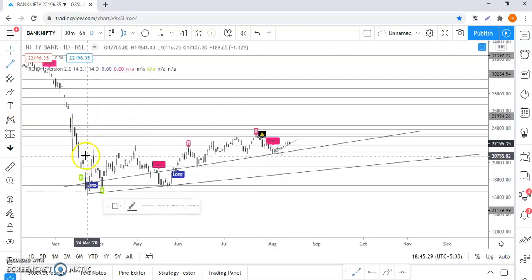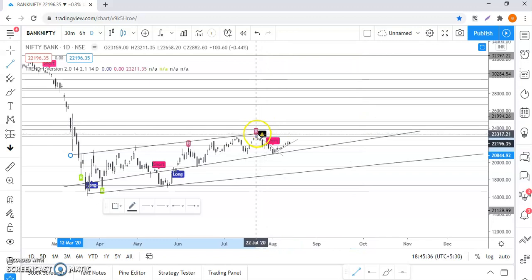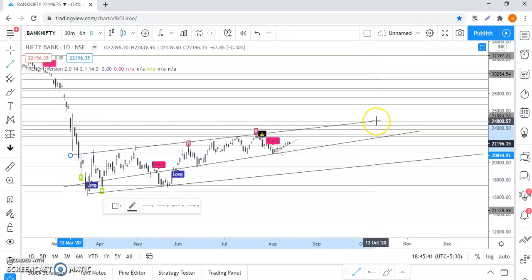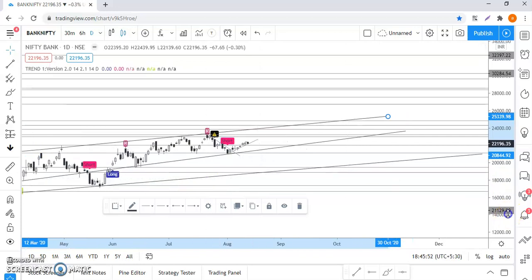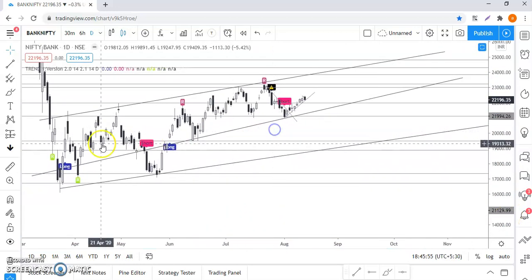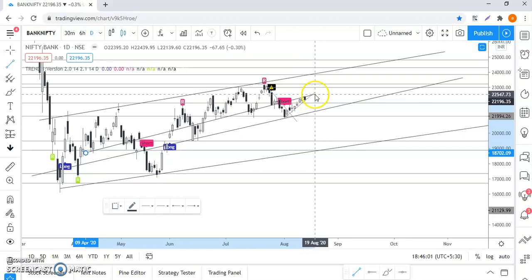Again, I can draw a trend line here, these two, and this is the third one. This point is the third, these two, it didn't connect here, no problem. Any 3 points we can consider as a trend line. So I have drawn a trend line here, and we can draw another trend line here connecting these points.